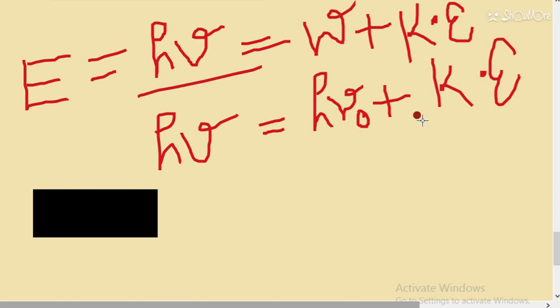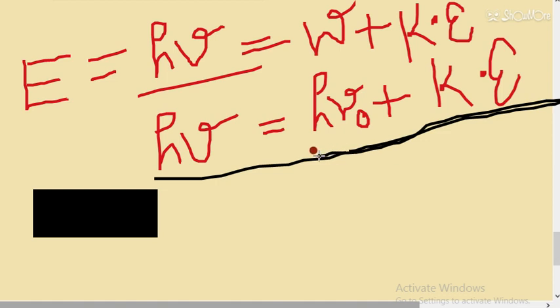So this is the lecture that is in between, and I will prepare the lectures from the beginning. Okay, so the students who have studied Einstein's photoelectric equation will find this topic easier to understand. So h mu is equal to h mu naught plus kinetic energy. This equation is called Einstein's photoelectric equation.